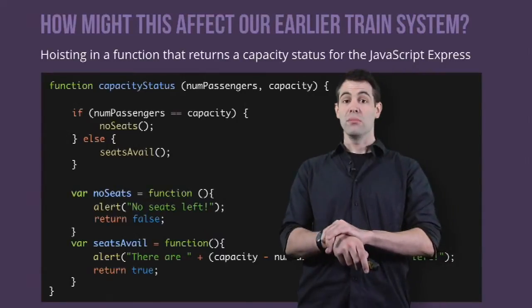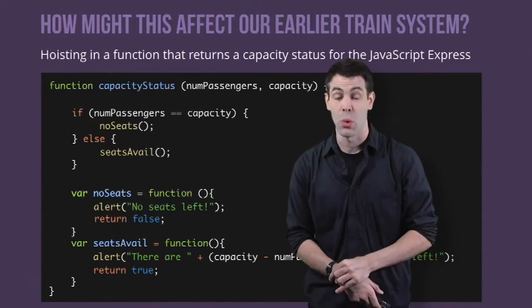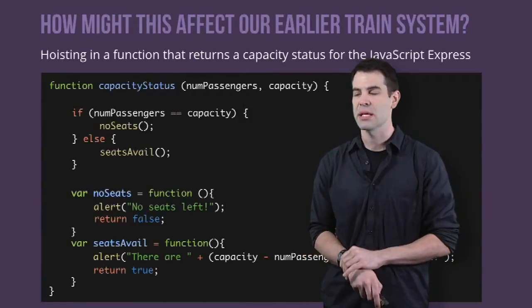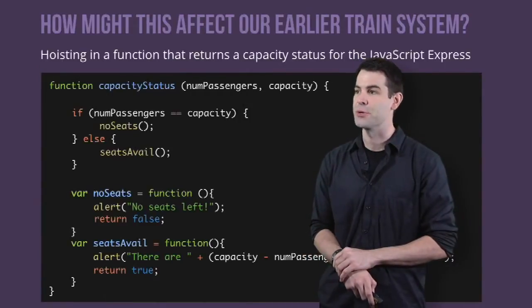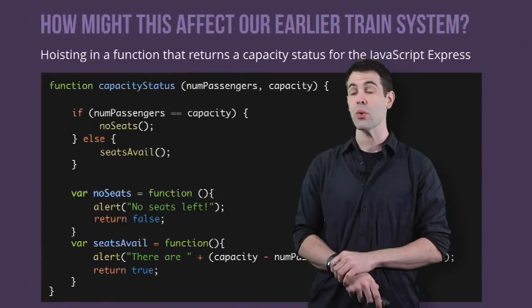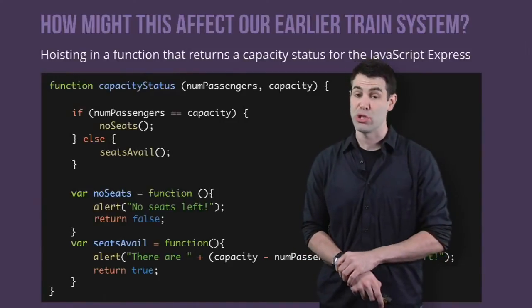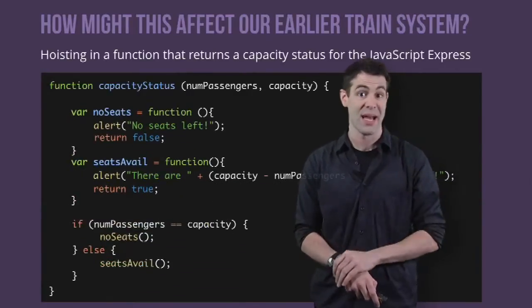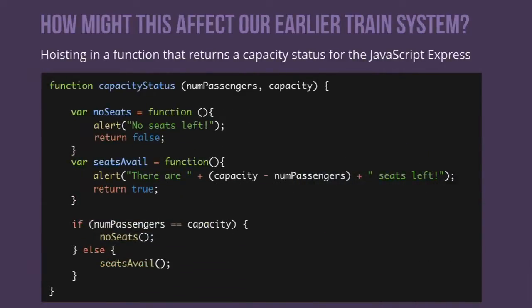So, we now know that hoisting causes problems. What can we do to fix these problems? A couple ways. Let's take a look at one. First thing we could do is actually change the order of our code. If we push all the variable declarations and their assignments north up to the top and all of the conditional code down to the bottom, the variable declarations will happen in the hoisting, as well as the assignments will happen